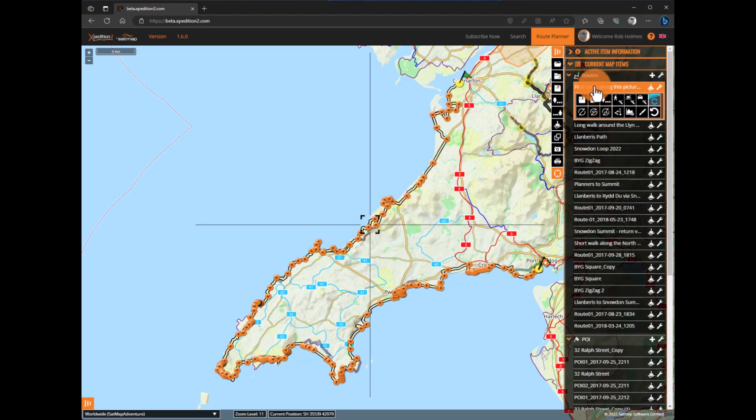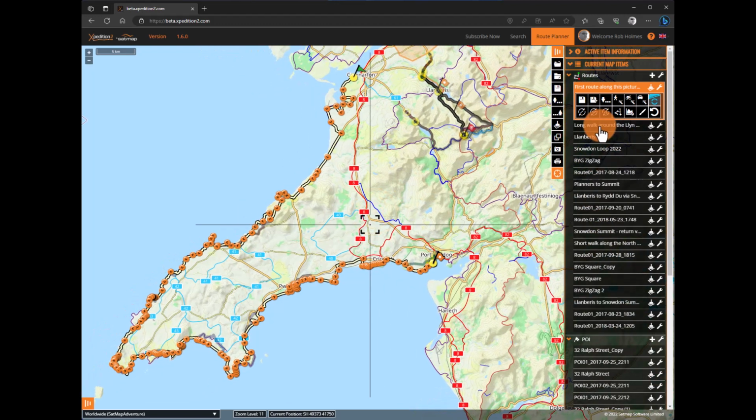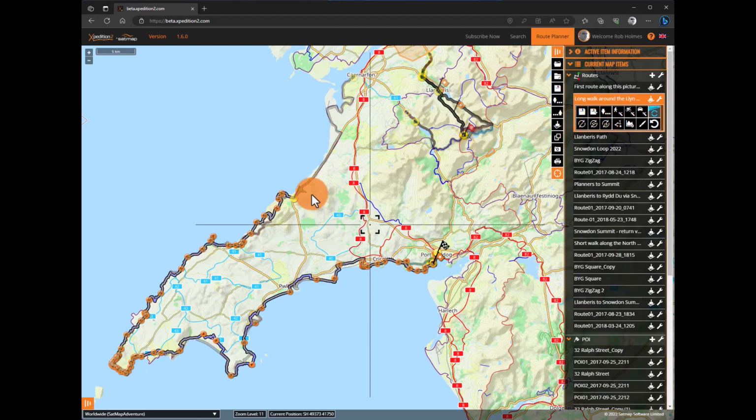Now, what you'll notice is that this first route along this picturesque path, I think it says picturesque coastal path, is highlighted, and you can see that because the waypoint markers are all visible. But you'll also be able to see, if you look closely, that there are other routes visible, but they're not kind of fully formed and they're a bit transparent. And those are other routes that are in the expedition but are not currently highlighted. And if I select another one,